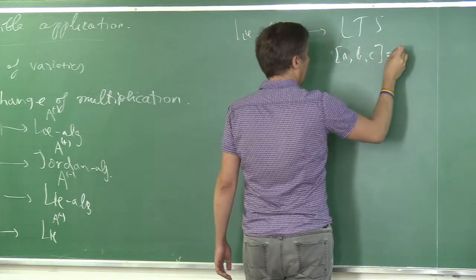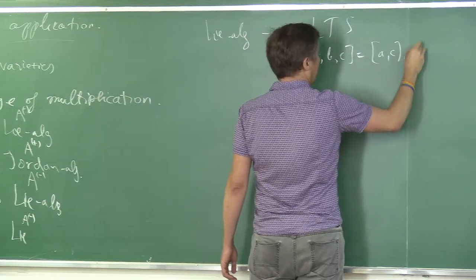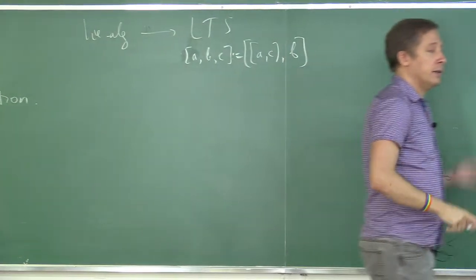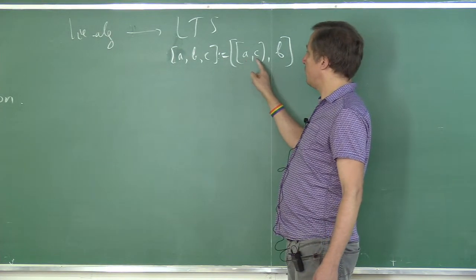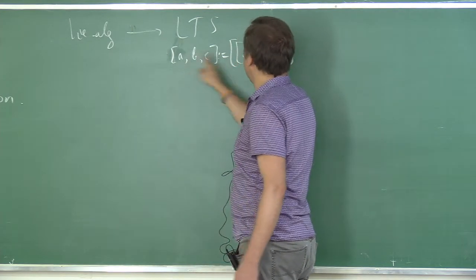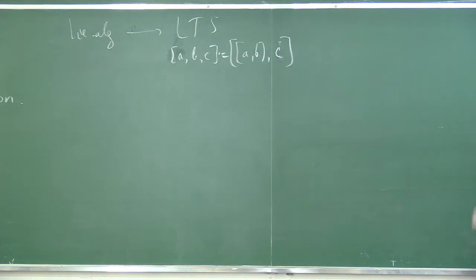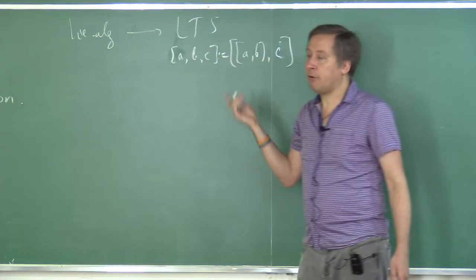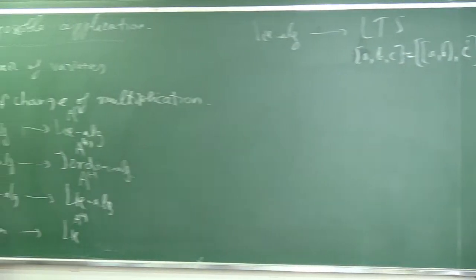[A, B, C], which is equal to something like that. And this operation is always symmetric in A and B, and it satisfies some other properties. But in any case, it's a variety. And all of these are examples of a